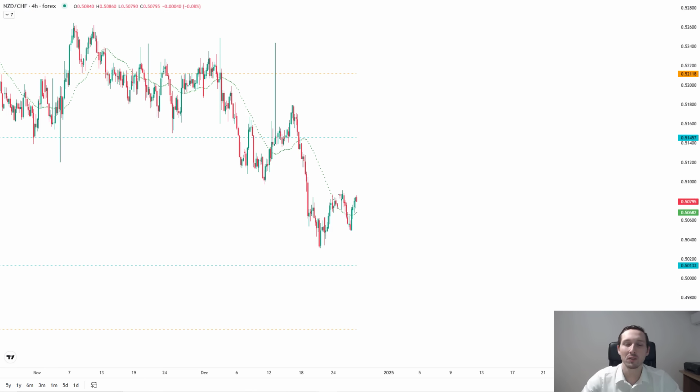Okay, so moving on to the Swiss franc pairs, starting with New Zealand franc. Again, we have really nice momentum to the downside. I can either be short this market or do nothing. Cannot buy this market next week for me personally. What I want to see is this pulling back, breaching the